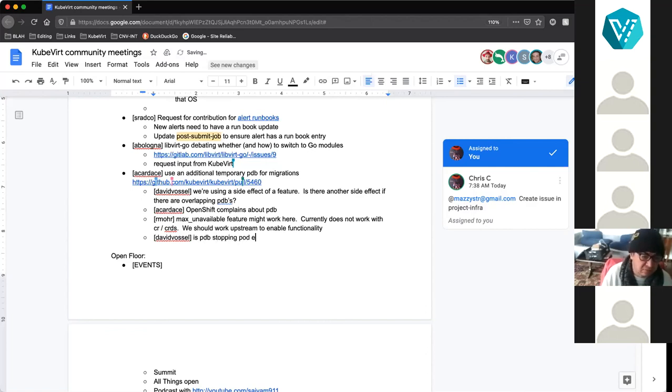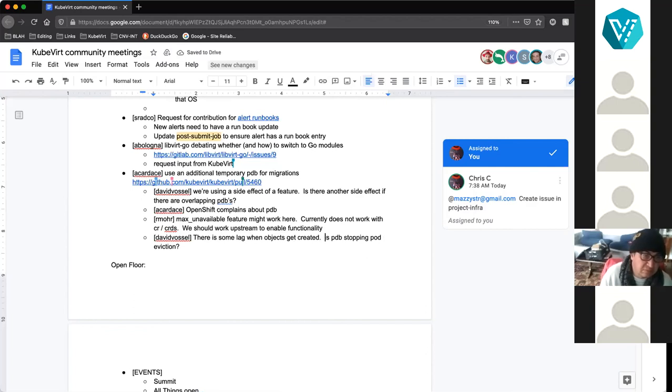I think that's a very good point. But I would expect that the two requests, the creation of the PDB and then the eviction, are serialized inside the API server so that nothing gets in the way.